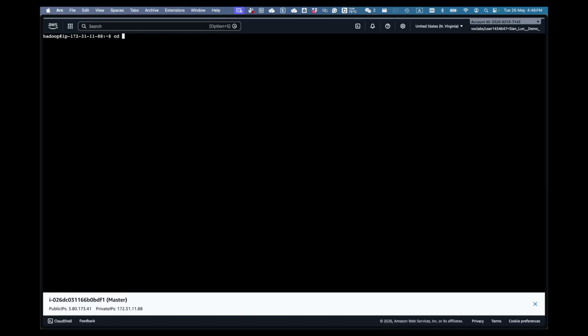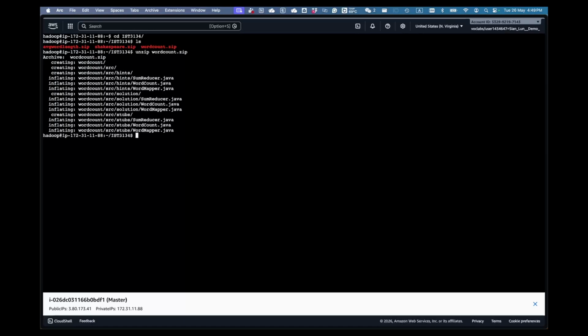I want you to go into the data folder where we have stored all the data set and also example code here. So first thing, I want you to try to unzip word count. You can see these are the Java code of the MapReduce for word count program. Secondly, we also want to unzip the Shakespeare file. That you can see there are 4 files in this data set,